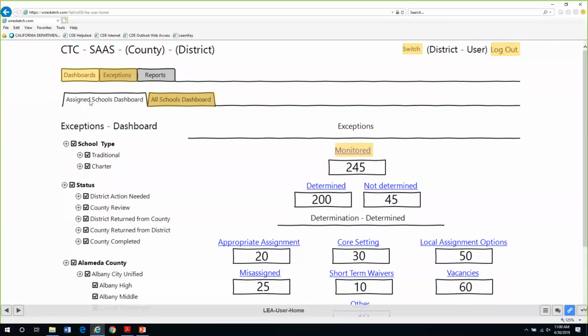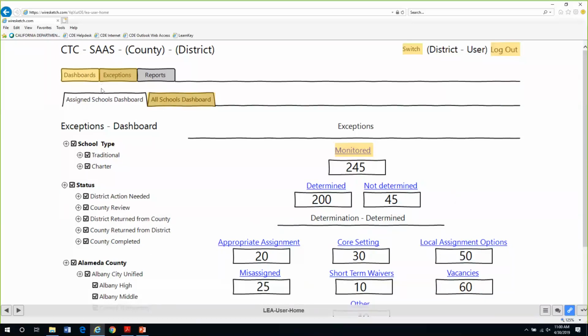Things are now assigned to schools rather than assigned to districts, because you are the district. You still have a dashboard. Every single person, whether they're a user or administrator, whether they're the LEA or the MA, has a dashboard so they can look at their work and flow through their work. And on all of these dashboards, the numbers will change based on how I filter my data.